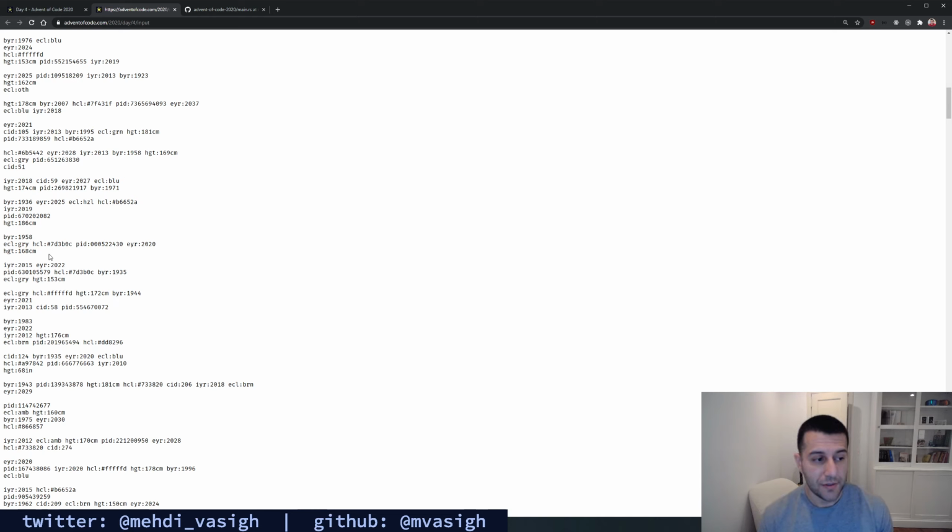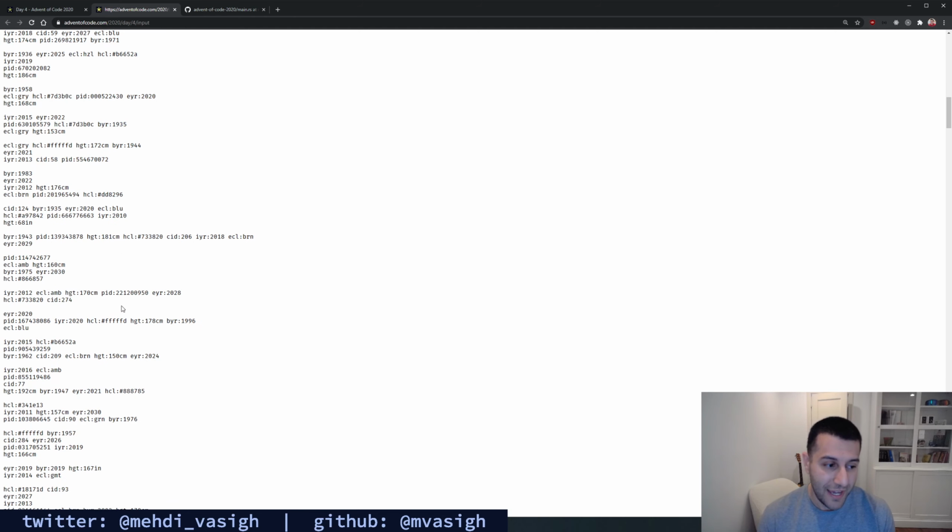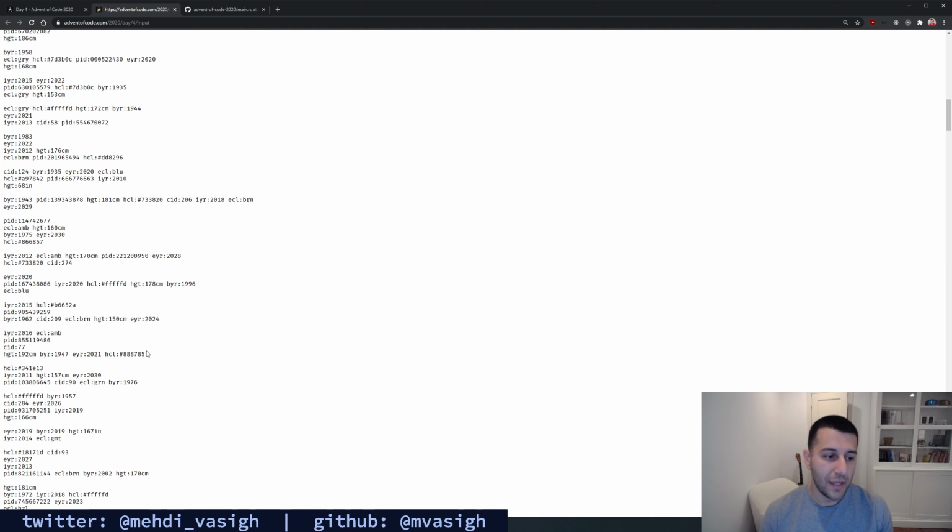So I'm going to try to do it the simplest way, which is there are 8 total fields and 1 of them is optional. So any of these passports, if they have 8 fields or they have 7 fields and no CID, should be valid, right? Meaning if you've got 8, we know you've got all of them, it's a passport. If you've got 7, we have to make sure that the one that's missing is CID and not one of the other ones that's required, because that's the only one that's optional.